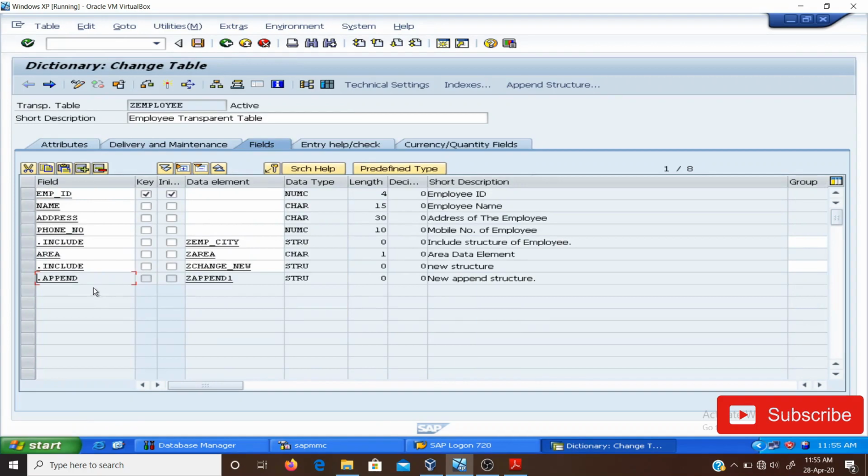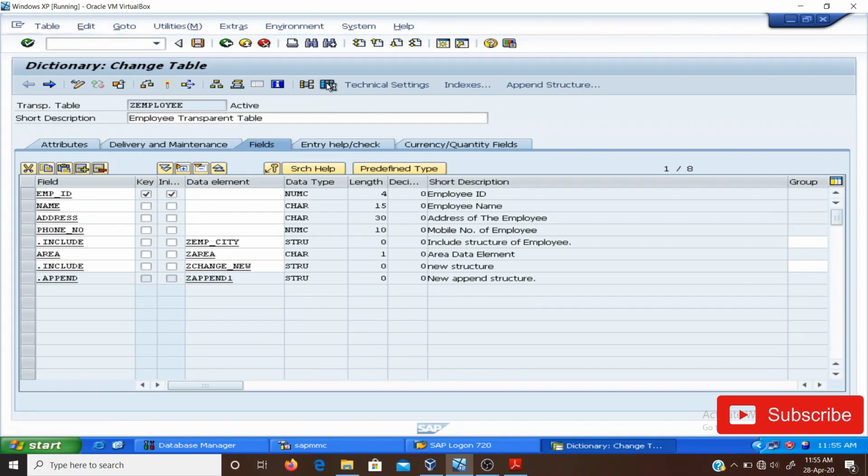You can see an append structure has become part of this Z employee table. Now click on the save button, check for the consistency and activate it. If you want to see these fields in that employee table, now click on the content button.